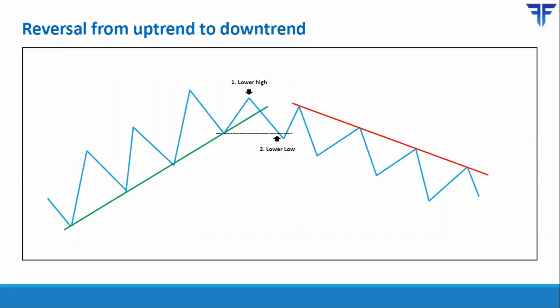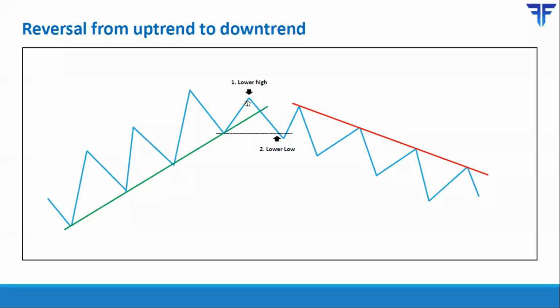Now that we understand the change of polarity principle, let us talk about the 6 ways in which the trend changes direction. So here you have a series of higher highs and higher lows, which is nothing but an uptrend. So price was in a nice uptrend. As you can see, each high was crossing above the previous high, but each low was not breaking below the previous low. So the uptrend is very much in existence.